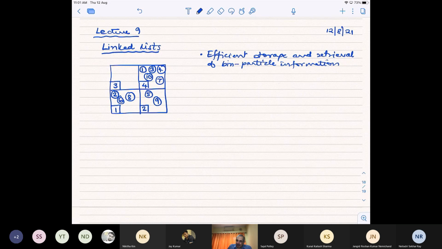For each particle, suppose I'm given all the positions. As I said, there are 2 vectors that I want